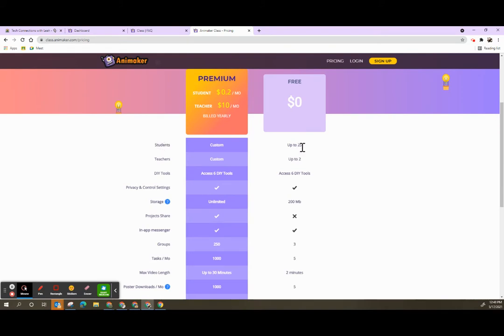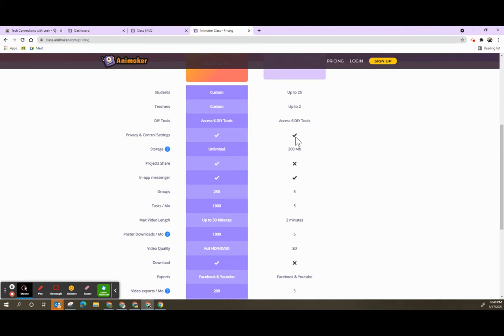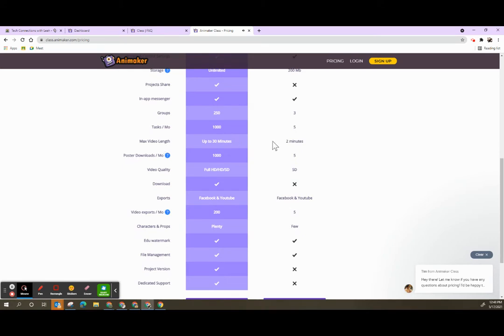You have up to 25 students, 2 teachers, 6 DIY tools. The privacy settings are ready to go. You do have a limit of 200 megabytes for storage. You cannot share projects. In-app Messenger is still there. Groups, tasks. You have a max video length of 2 minutes, but when you're working with animation, that can be